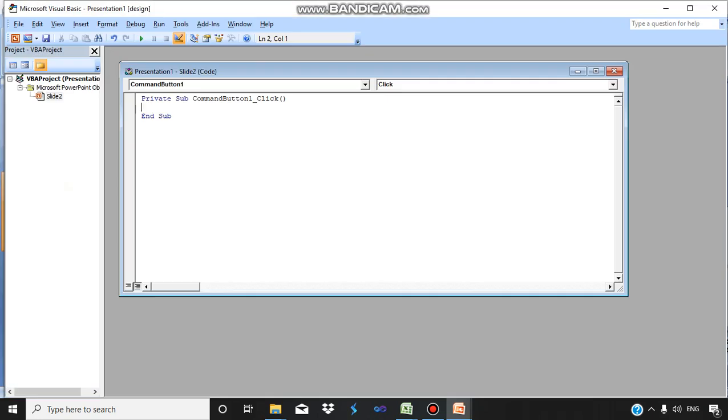So this is the Visual Basic Editor and we are doing coding in the command button. So let's do our coding.